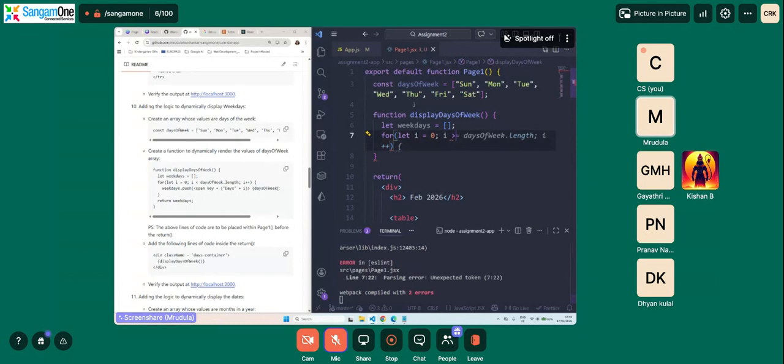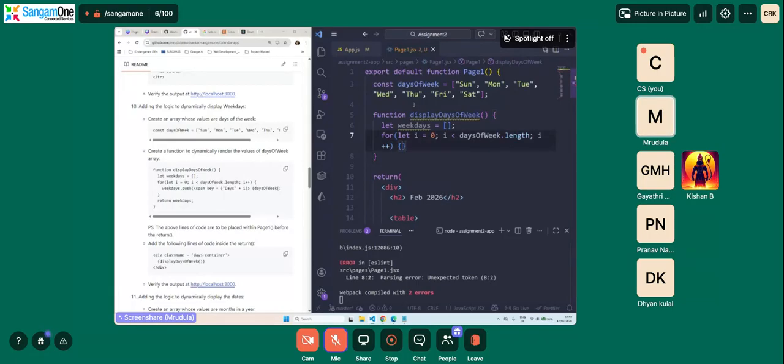So we have 7 days. So we started from 0. So it cannot be equal to 7. So it should be less than 7. So it is daysOfWeek.length, and we need to increment i++. Okay. Now the for loop is ready.